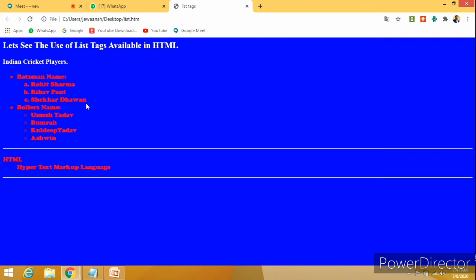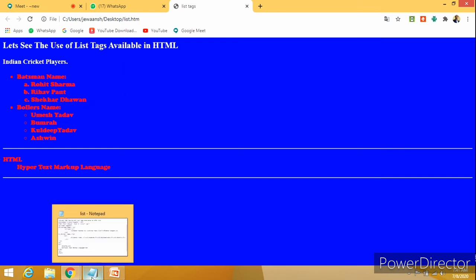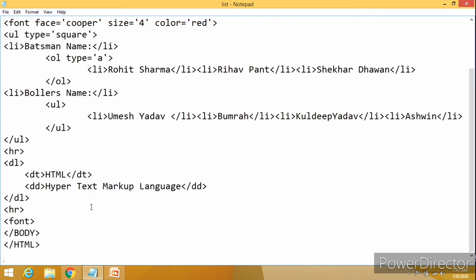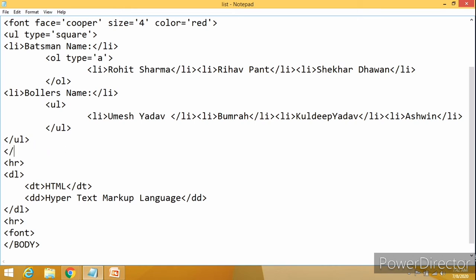Now one more thing I want to do: I want to change the HTML and its definition to a different color. Can you tell me what I should use? Sir, text? No. Sir, body BG? That would change the entire body, the background.